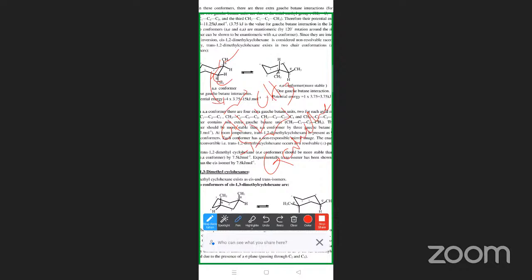They are gauche. Okay, so there are four gauche interactions, and each gauche interaction, gauche butane interaction, contributes 3.75 kilocalories of energy. So because of that, 15 kilocalories,